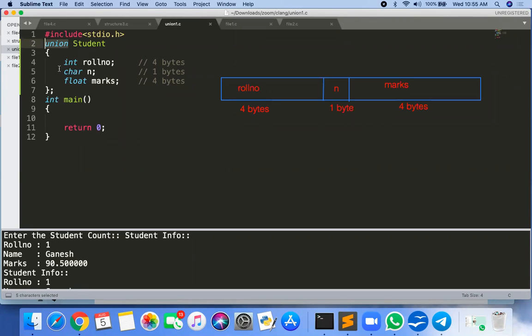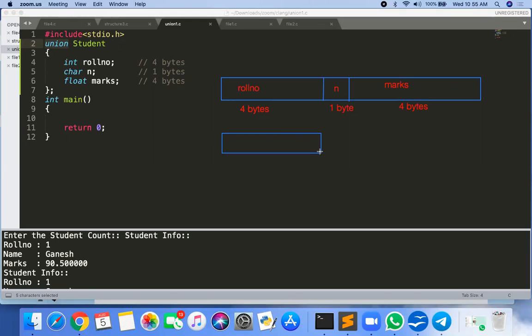Now tell me, if instead of using structure, I use the union there, what is the difference here? The only one difference between a structure object and a union object, does anyone know that? No, sir.